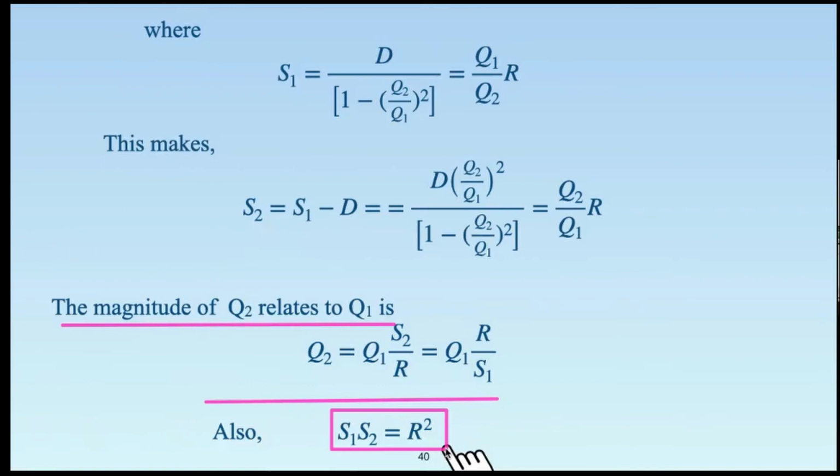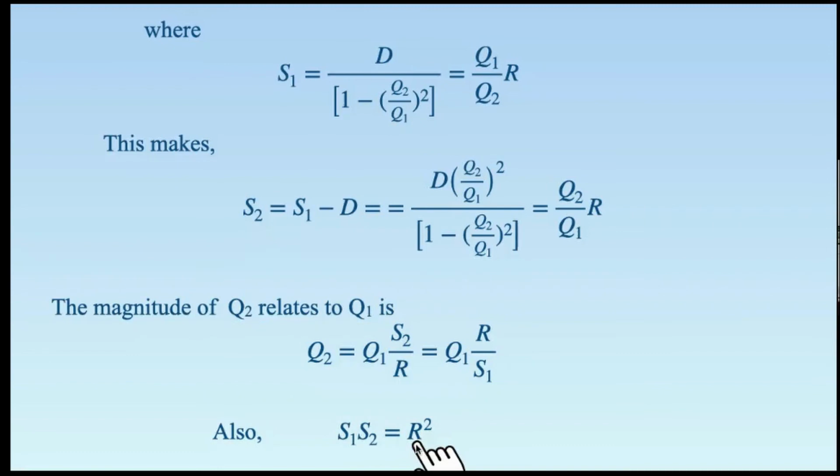It gives us three conditions. The polarity of Q1 and Q2 should be opposite. Secondly, it gives us the radius expression. Similarly, it gives us the location of the center of the zero potential surface and the correlation between the various dimensions in terms of that radius: S1 S2 is equal to R square.